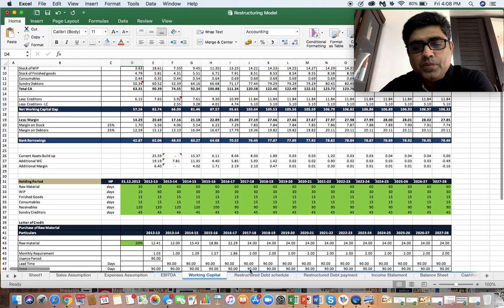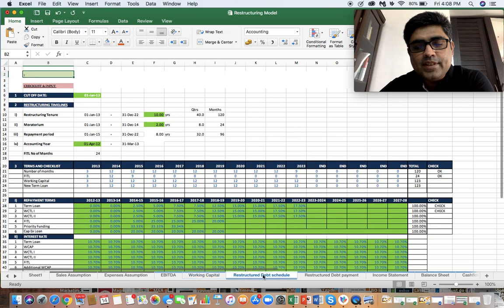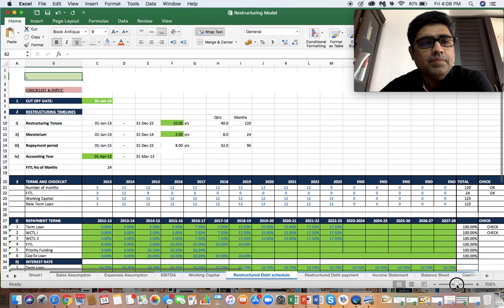So this shows you the working capital sheet. Then comes the restructured debt schedule. So as I mentioned, the company which is looking for some sort of a relief comes up with a timeline or proposes some sort of a timeline, which is then assessed by the financial institution whether that can really be done. So over here, say the restructuring tenure is being said to be 10 years, where they're looking for 2 years of moratorium period, post which they would start repaying for this number of periods,